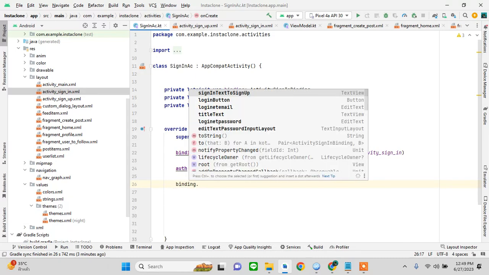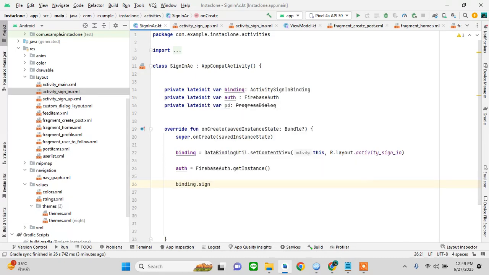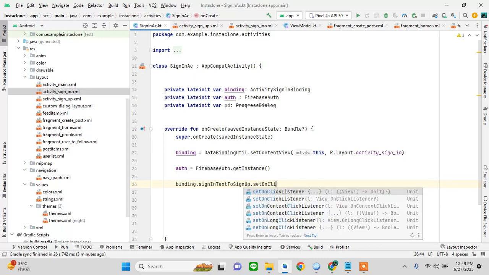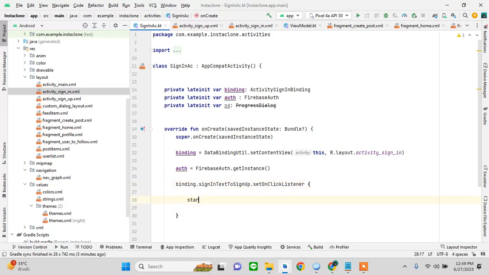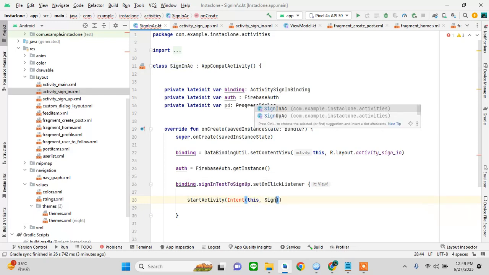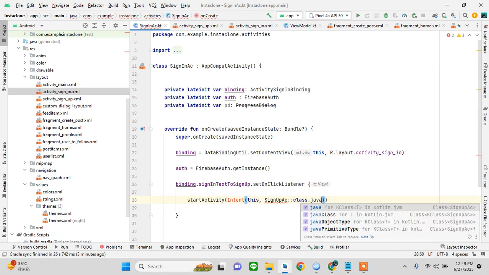Now sign in text will take us to start activity intent, this to sign up activity class.java,